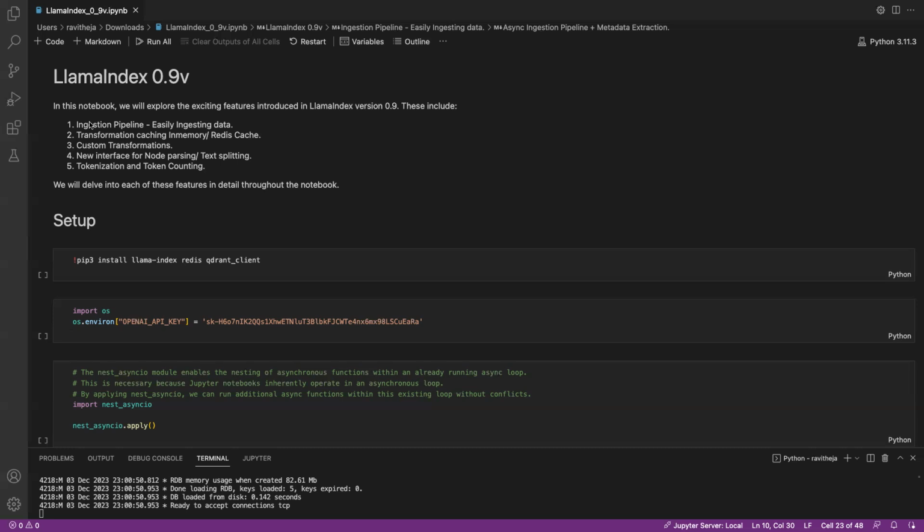To start with, we have the ingestion pipeline, which will help you to easily ingest the data, and then transformation caching, either in memory or in a Redis cache, and then custom transformations. While creating an ingestion pipeline, you may write your own custom transformations and include them in the ingestion pipeline. And the fourth one is